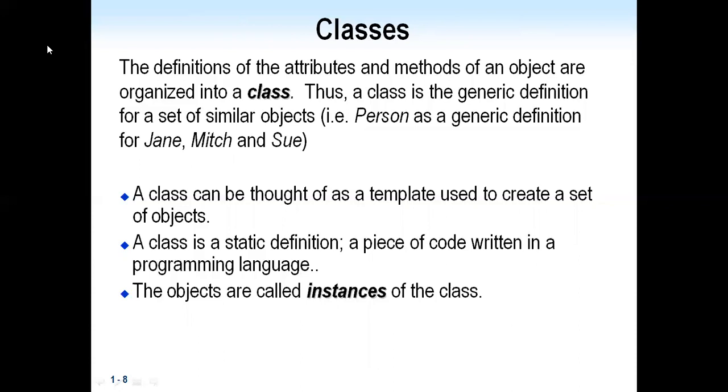Next, objects are created as an instance of a class. We are already studying objects. So how do we create an object? The instance of a class is called an object. Any object is created as an instance of a class. A class is a generic definition for a set of similar objects that have attributes and operations, that is, variables and methods. So an object is an instance of a class.